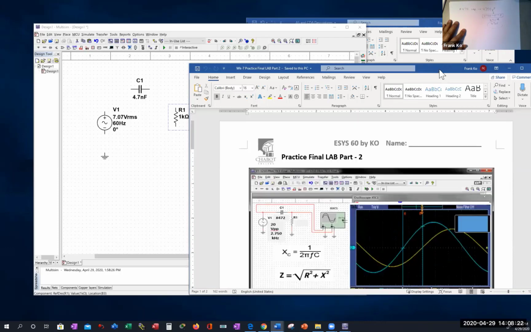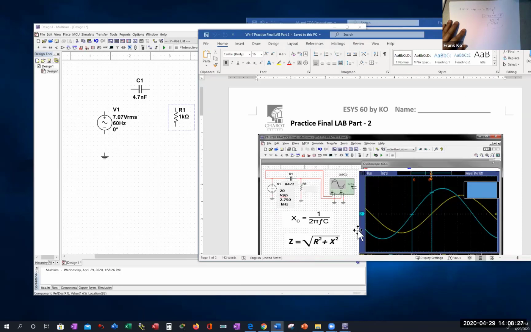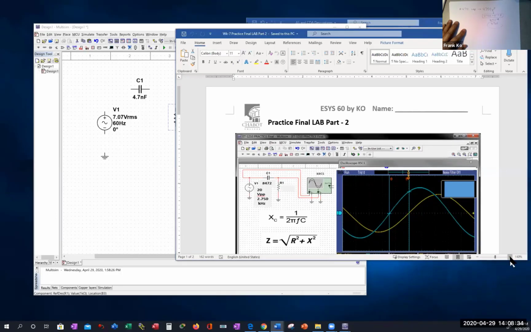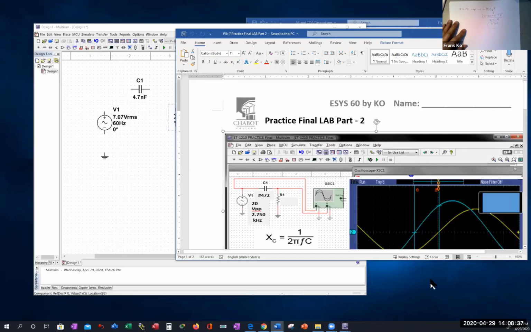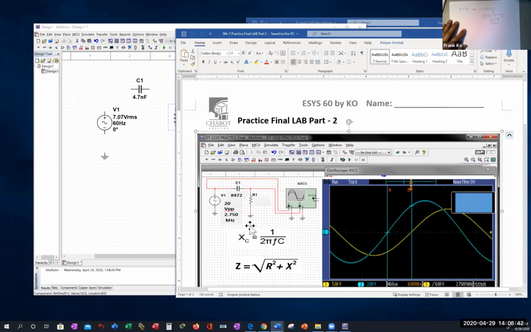Okay, we have a formula that is on here. This is a new formula, this X sub C formula. X sub C is how this capacitor will behave in the presence of the AC. So it allows us to take the capacitor value and work out an ohms value of what this guy will represent with respect to AC. So going way back to the beginning of our semester,